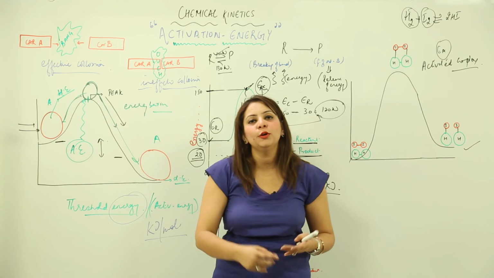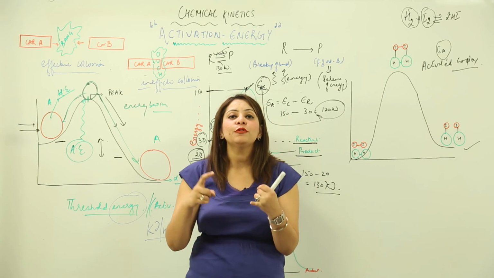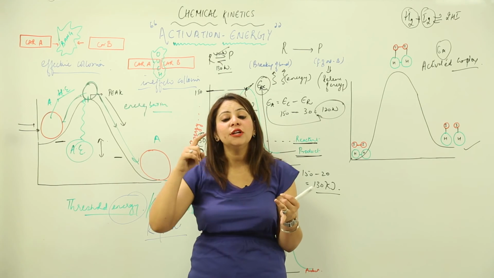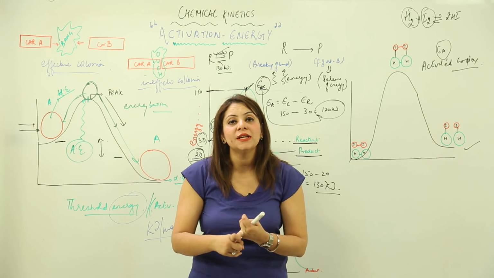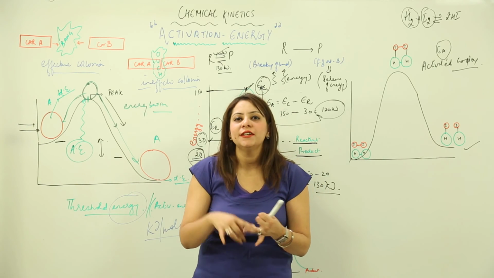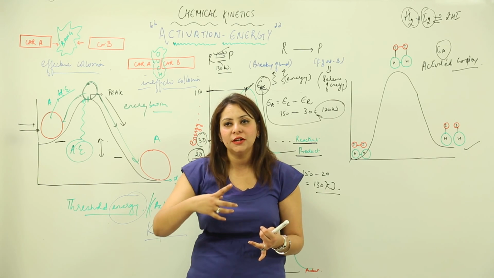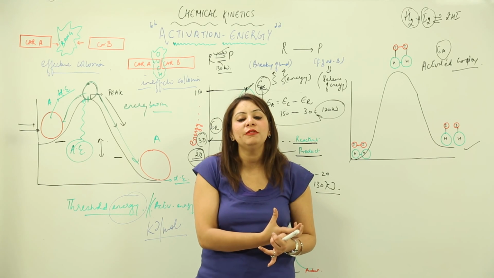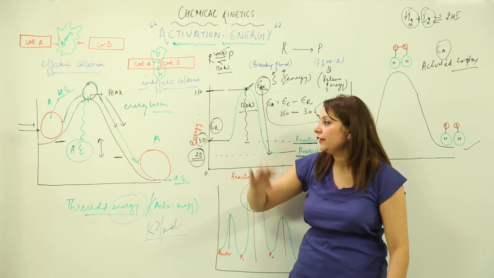For the reaction to happen, the breaking of bonds is required. For the breaking we need collisions, and out of the collisions we are looking for the effective collisions, not the ineffective ones. For the collisions to be effective, the reactants must possess a minimum energy, that is the threshold energy. If they possess that energy, only then can they cross the energy barrier, and if they cross the energy barrier, only then do they result in the formation of product, on account of the breaking of previous bonds and the formation of new bonds. So this is how the reaction actually takes place.